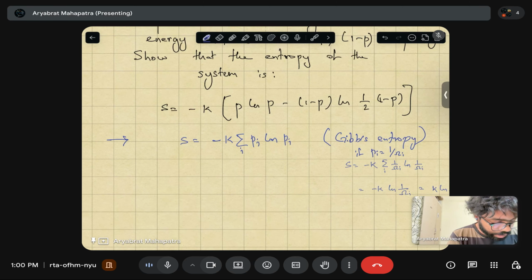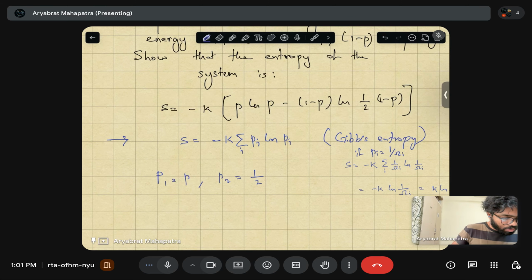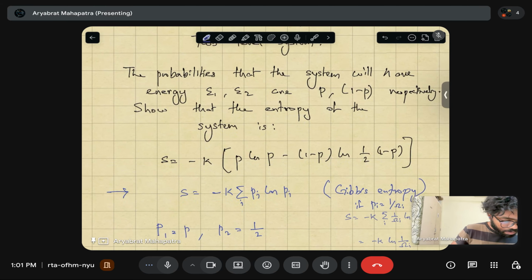Okay, so then you can write down here the probabilities which we just saw. So P1 is basically given as P. So this is your two level energy. So P1 is P, and